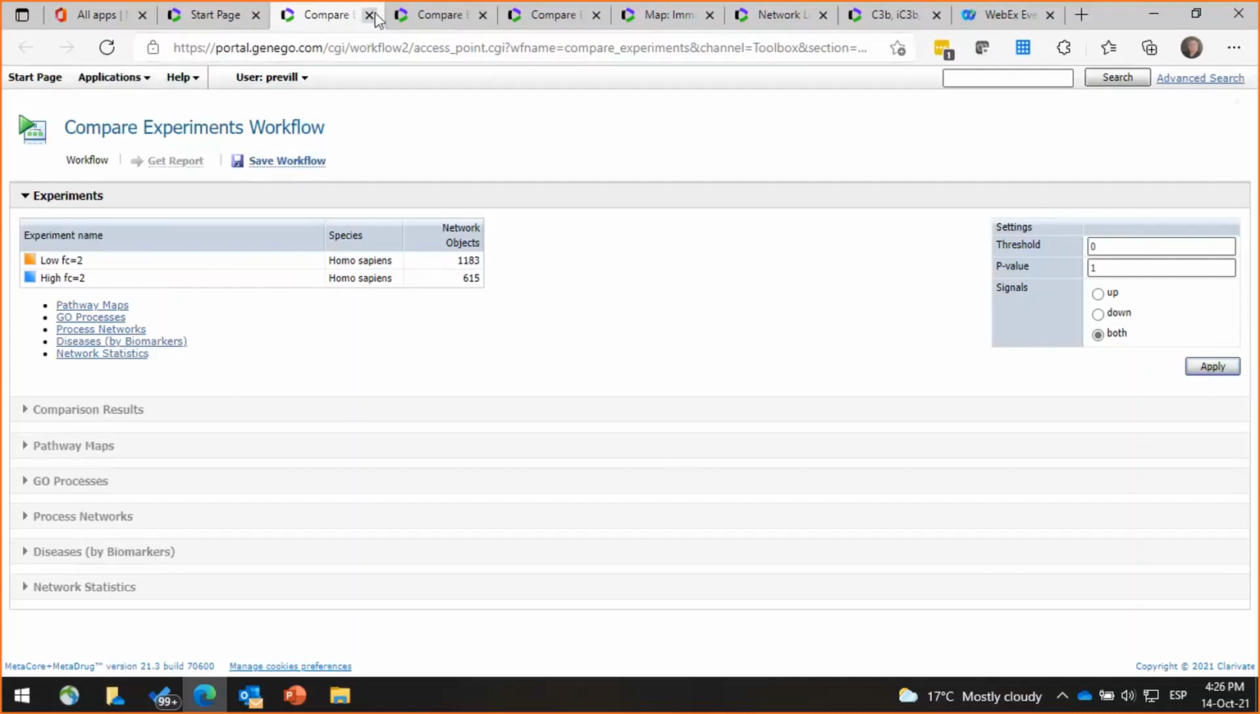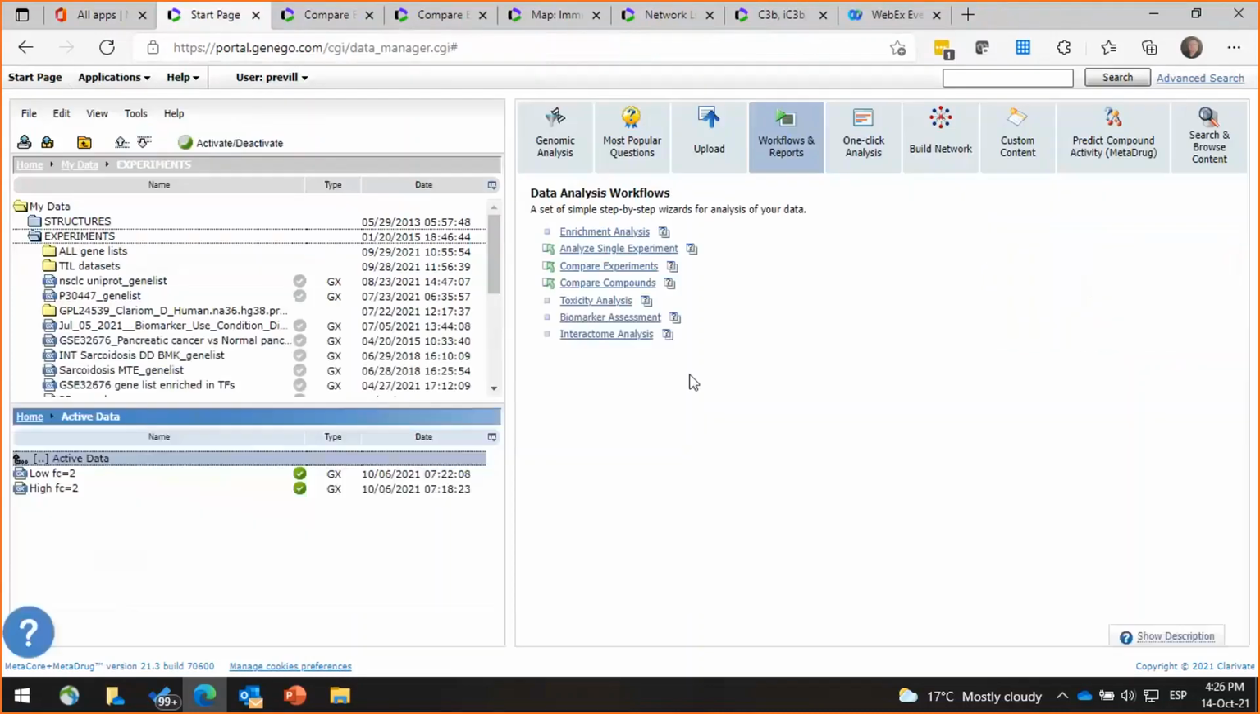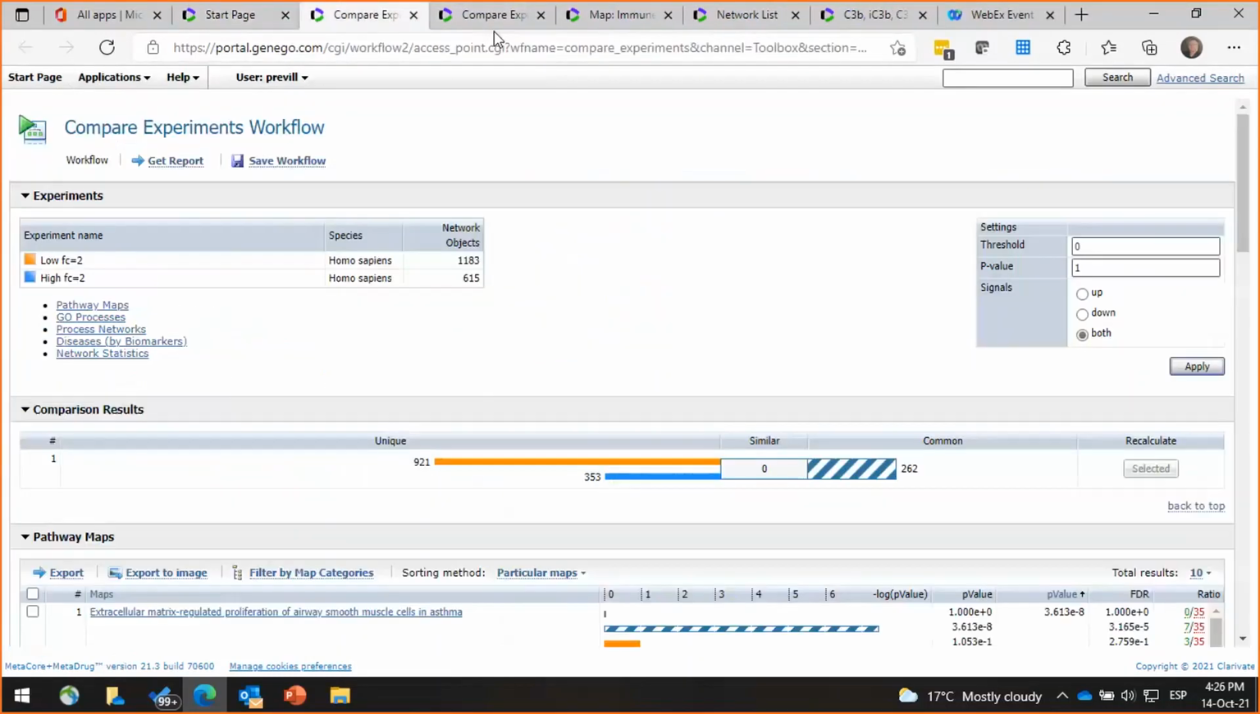It does take a little while to run, but I have one already run and ready to go, which is our next window here. So this one's actually completed the enrichment analysis, the comparison. So in orange is the low infiltrating tumor samples, and in blue the high infiltration. And so straight away you can see here is the comparison result. So this is telling me that there were 262 genes from both data sets that are common, that are either